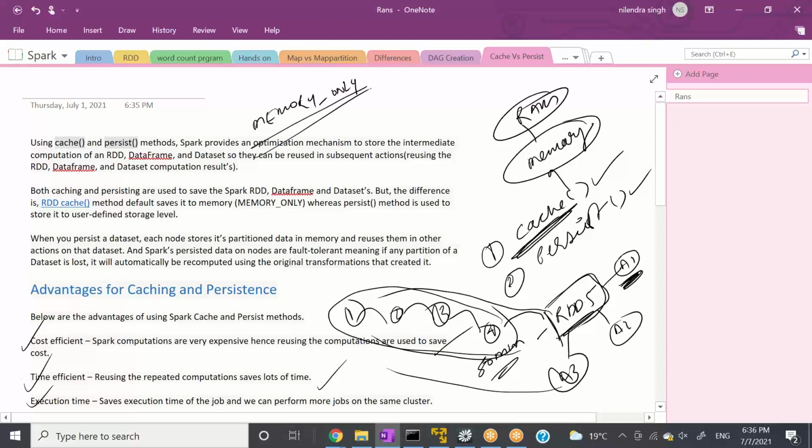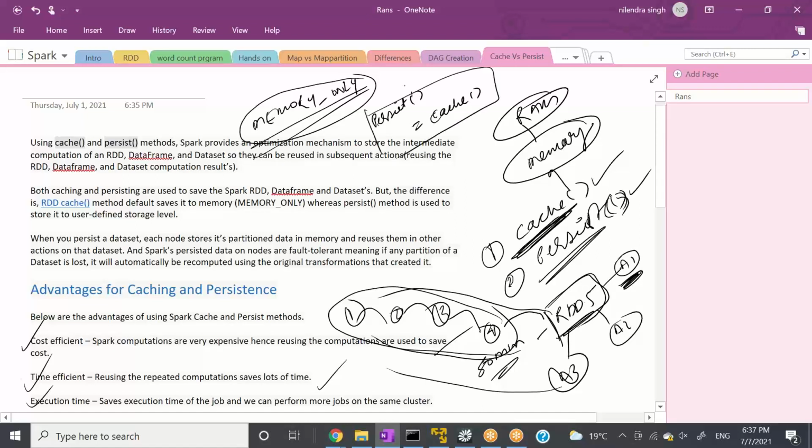So if we just say cache, it will be memory only by default. If we say persist without any parameters, it will be the same as cache. So persist without any parameters is equal to cache. These two are equivalent because by default they go to memory only.